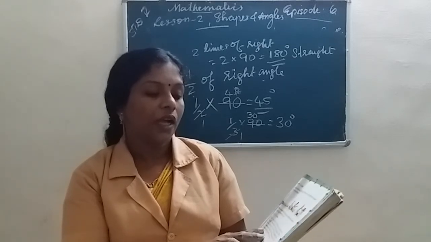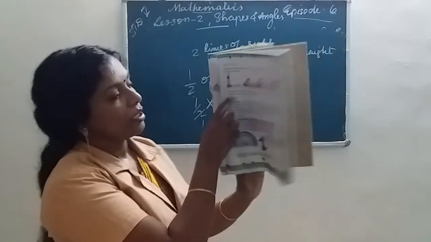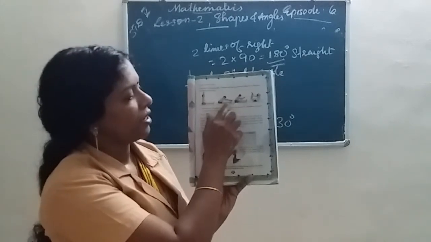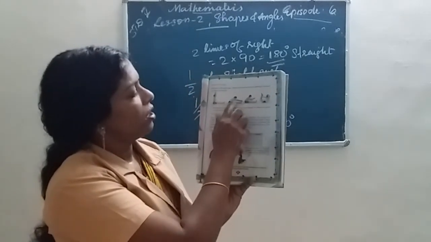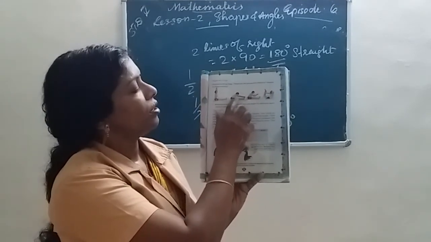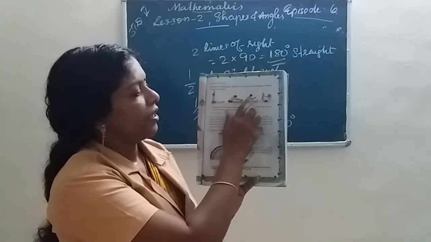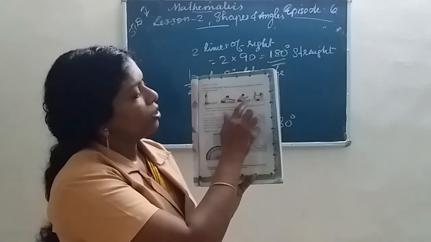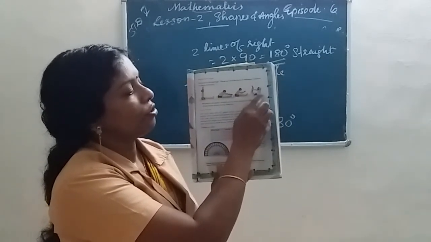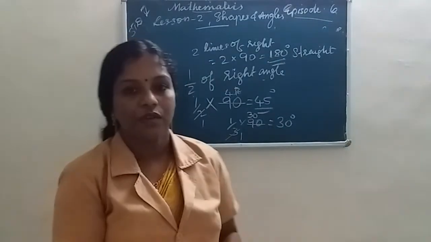Look, there are some positions given here. Which type of angles are there? You want to find out. This first one is a right angle, L shape. This one is less than 90. This bend from stomach to buttocks or leg, the angle is less than. Next is the hand angles. You want to find out all these angles. Next is the chest to floor angles. All angles you want to find out.